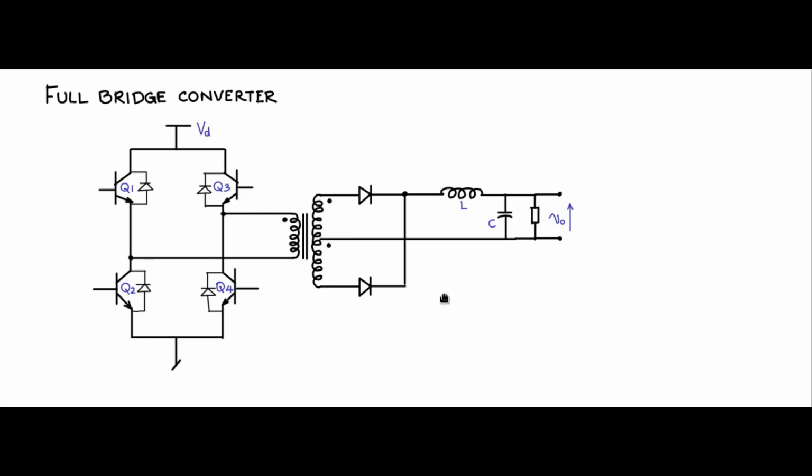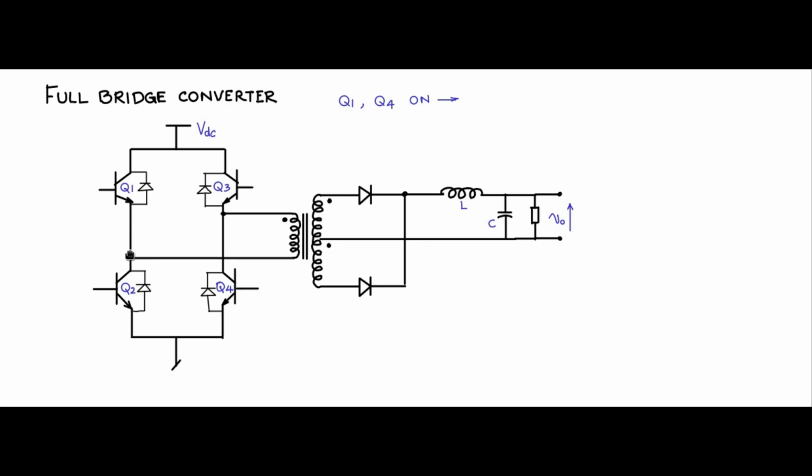Now let us consider the case where you are operating the switches in pairs. Q1 and Q4 will be turned on simultaneously. Q2 and Q3 will be turned on simultaneously. However, when Q1 is on, Q2, Q3 will be off. When Q2, Q3 are on, Q1, Q4 are off. So Q1, Q4, when they are on,